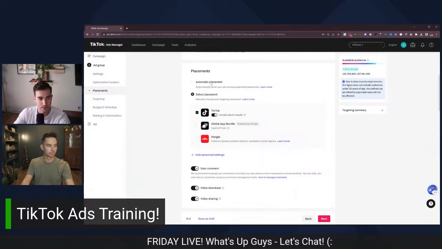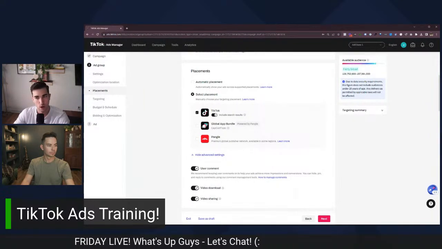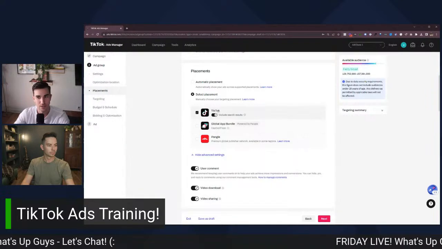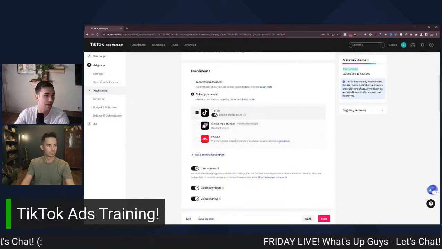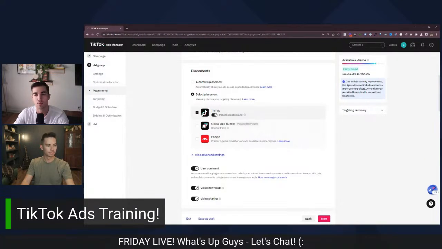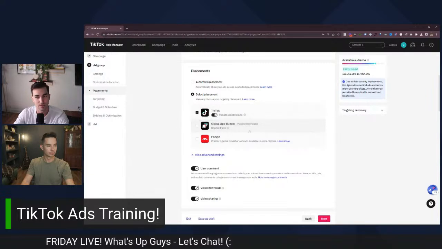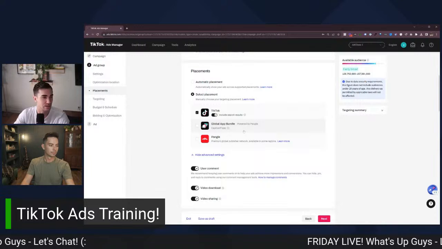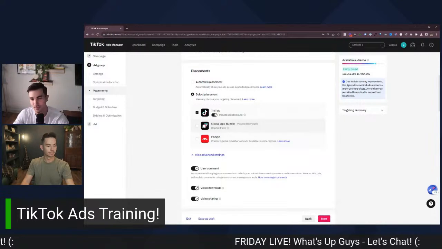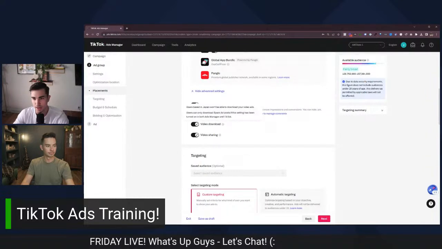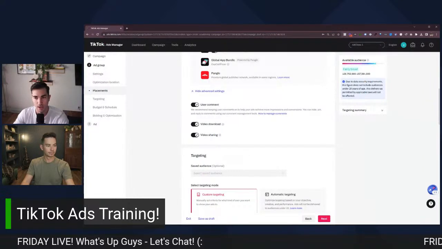And then I'm going to select the placements. You might be tempted to do automatic placements. The thing is, for TikTok, you really just care about being in the TikTok feed and TikTok search. So you're going to do select placements here and pick TikTok because, as you can see, the other 2 options are really sort of like low quality display network type stuff that you probably don't want your ads showing on.